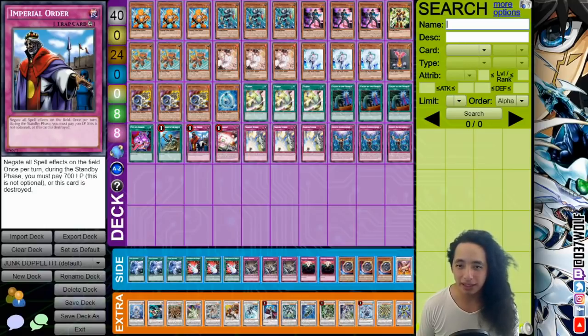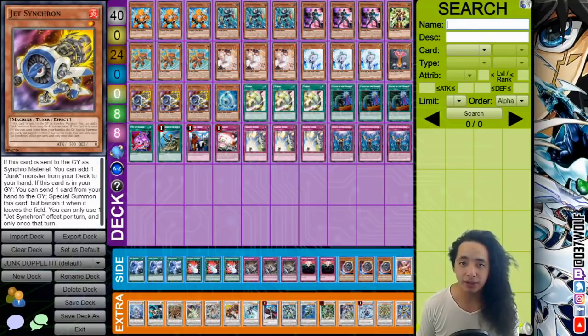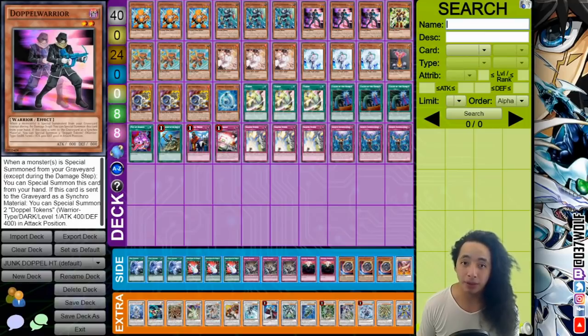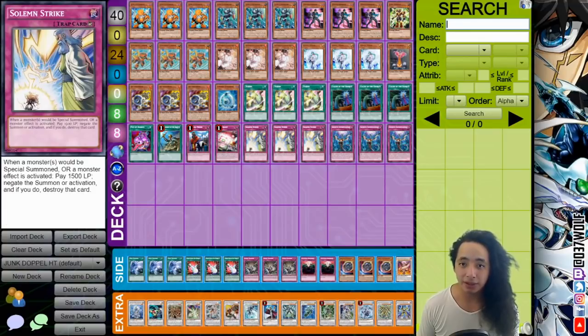And the side deck, this guy, for those of you that haven't seen it, so when you get your Brood, they give you a token. By then you'll have Jet Synchron engraved, and then you pitch for it, assuming you don't have Jet. I mean Doppel, and you make this guy. It's just a token and Jet. Make this guy, and then you set your Solemn, set your